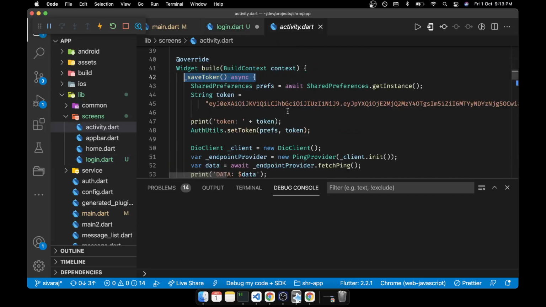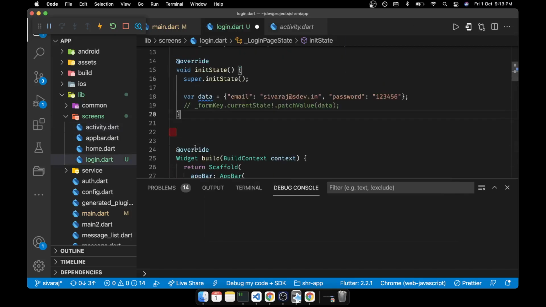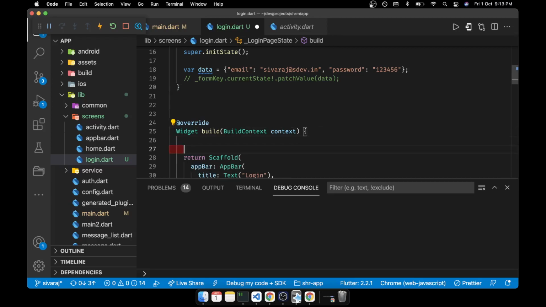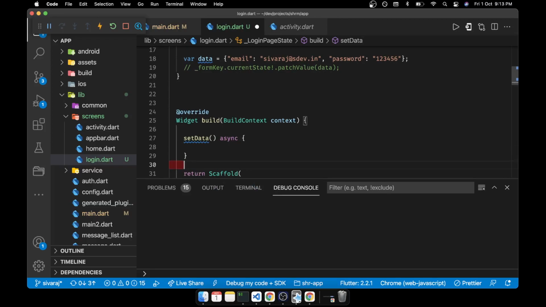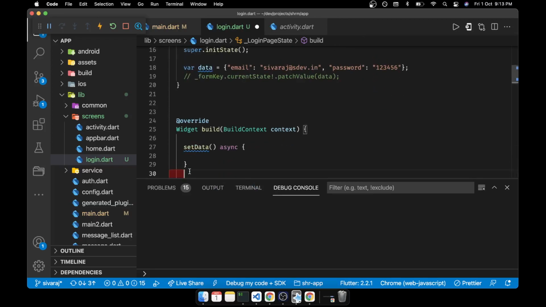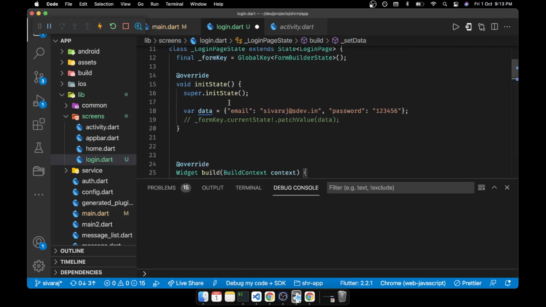Where we have kept inside the widget, we just get, let's say, set data maybe. We can copy this part.